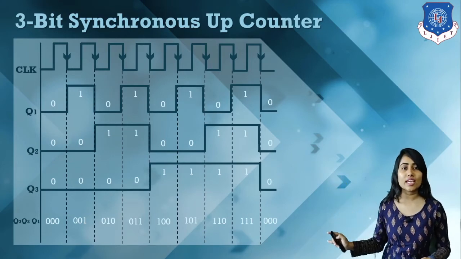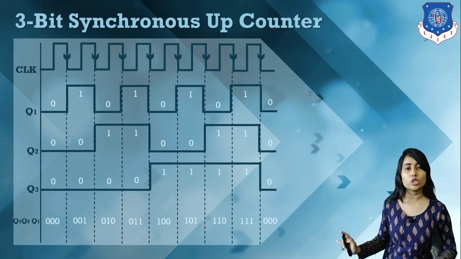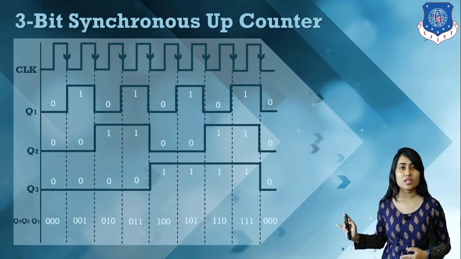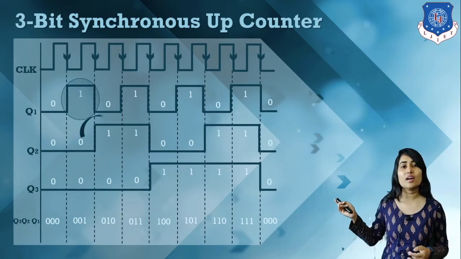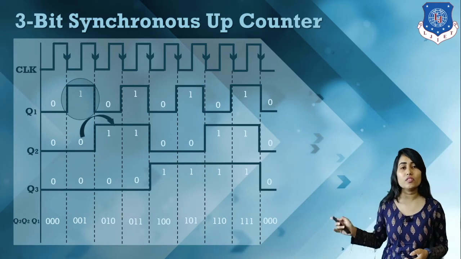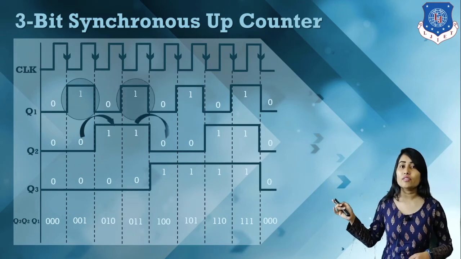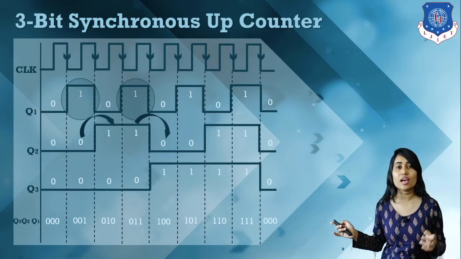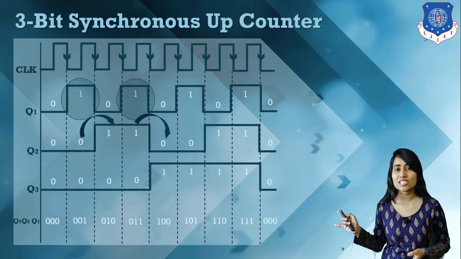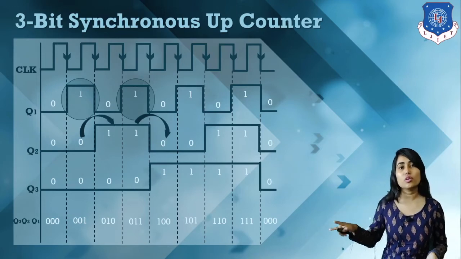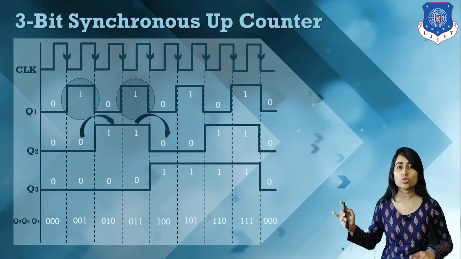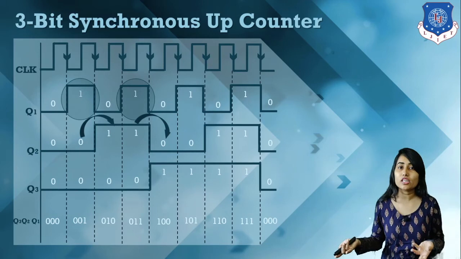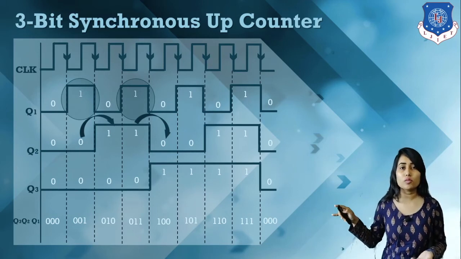And we can count 0, 1, 2, 3, 4, 5, 6, 7, and then again our counter will restart. Whenever Q1 is equal to 1, we have a change of output, that is toggle. Whenever Q1 is equal to 0, we have a no change state, and whenever Q1 is equal to 1, we have a change of output, that is toggle. Because we apply Q1, when Q1 is equal to 1 our flip-flops are in toggle mode. So here the flip-flops are toggled.